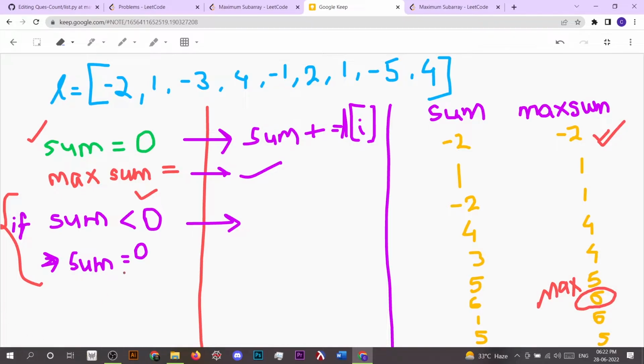So the sum is 0, so here we are not considering this one. Now the sum is 1 and the max sum is the maximum of max sum and sum, which is 1. So we got 1 here. And in the same way, if we consider this -3, then we got -2, and again the maximum sum is 1. But here again we cannot consider this in our subarray,